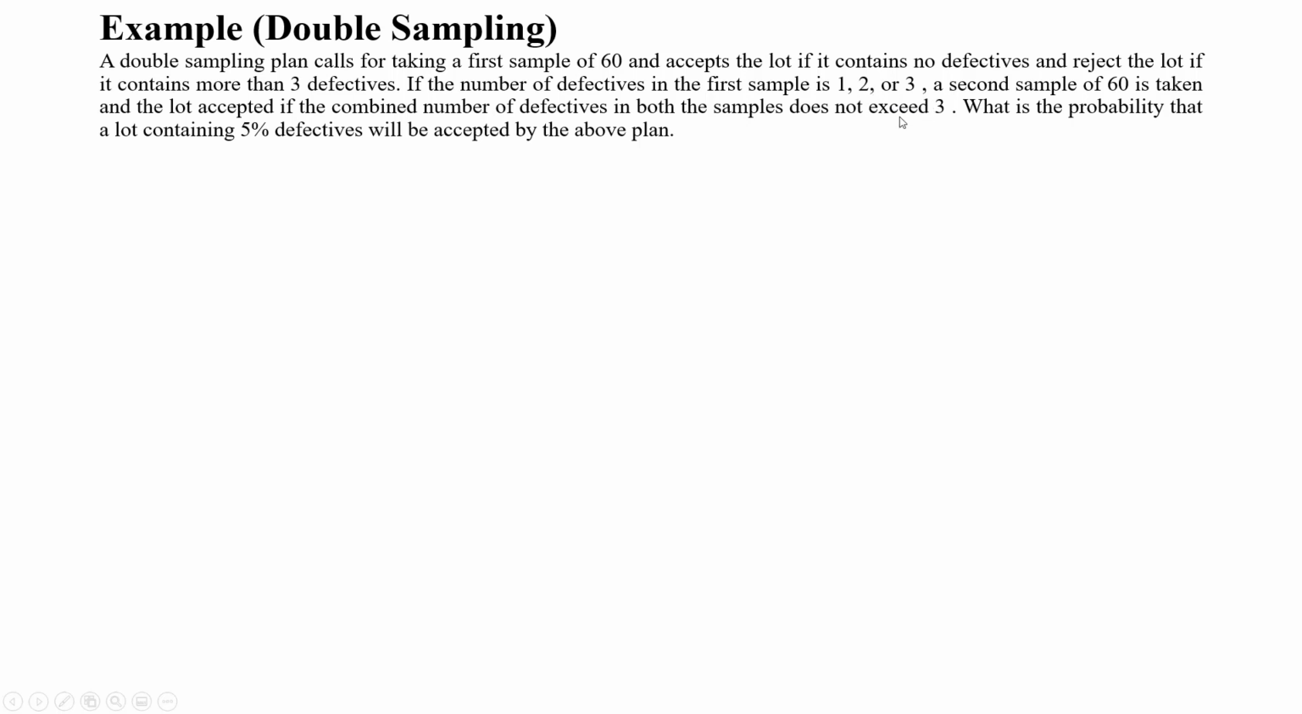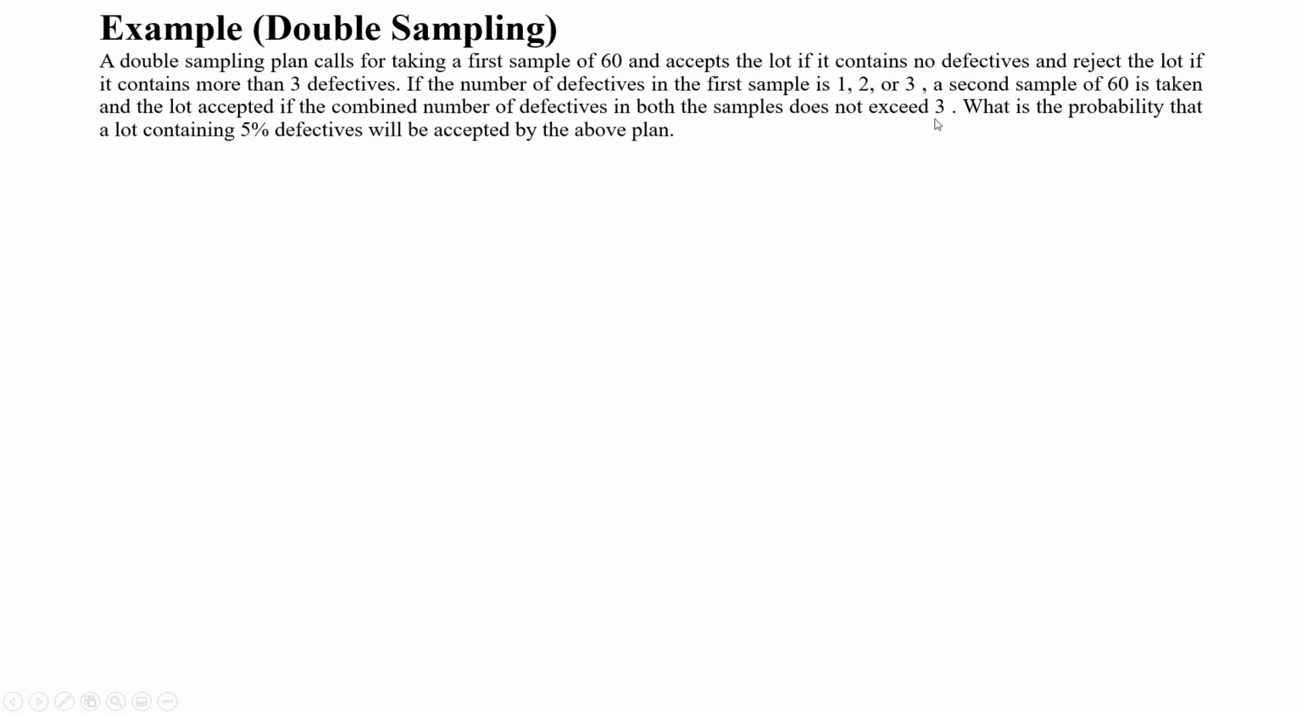So in order to further clarify the decision, a second sample of 60 is taken. So now they are taking another sample of 60 from the lot, because in the first sample they already took 60, and in the second sample they took another 60, and the lot is accepted if the combined number of defectives in both the samples does not exceed